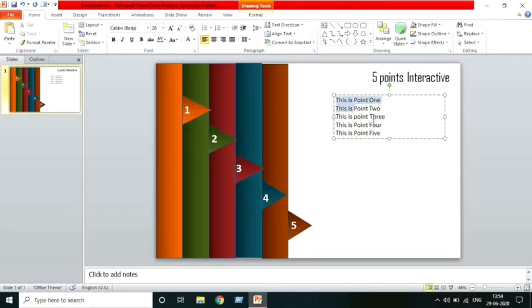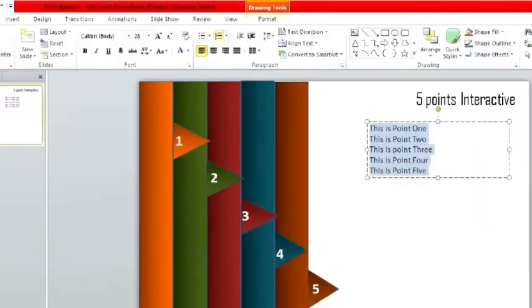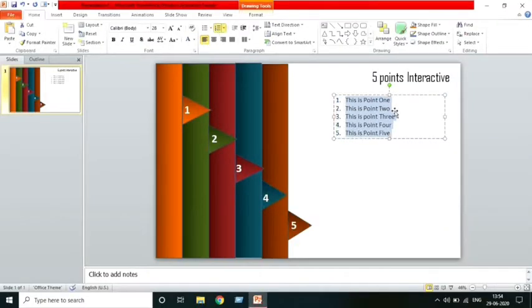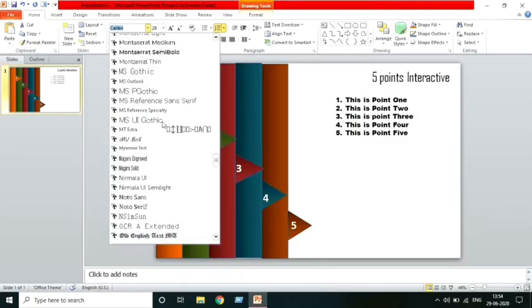Now let's add numbering to it. Select all and go to home. Here you can see there is a number. Simply we will click on this number, so the numbering will be added. Font, any font you can add according to your convenience, which will be good.